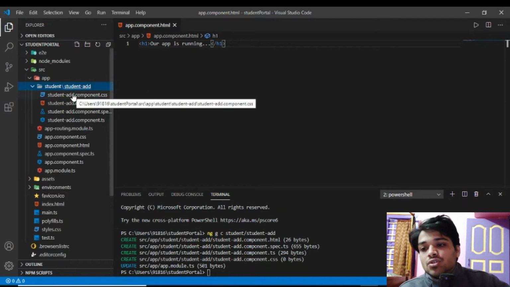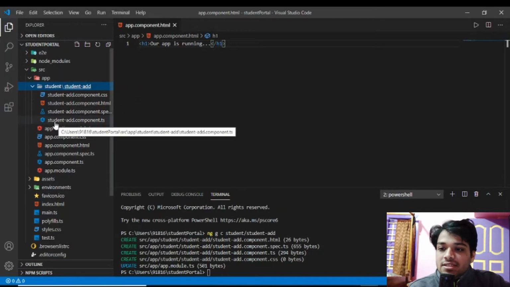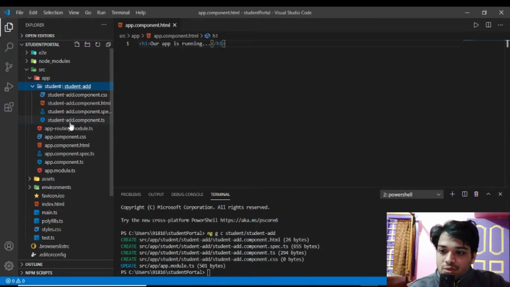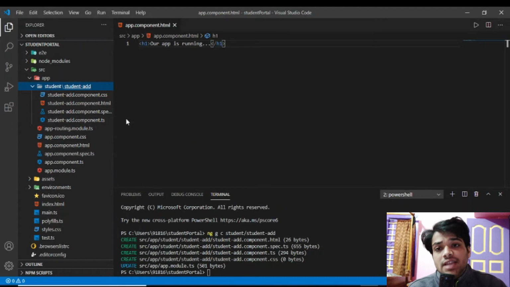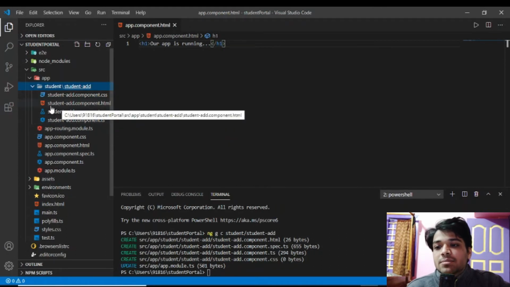The naming convention for adding a component is the component name, student-add.component.ts. If you don't do this, that is fine, but that is not the naming convention for Angular. The naming convention for Angular is, for the ts file, the component name dot component dot ts, and for the HTML, the component name dot component dot html.